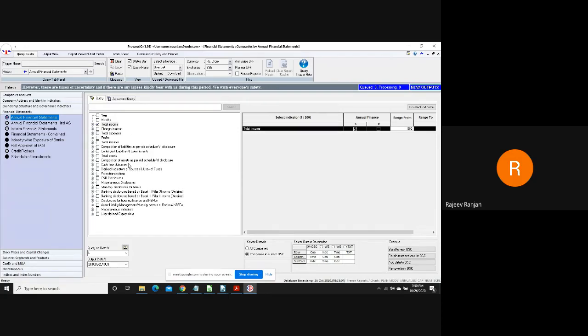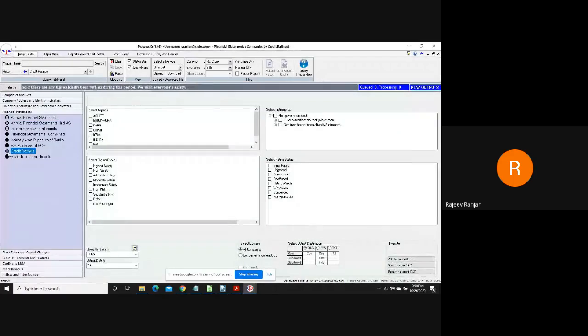But there are a few outputs which do not come in the output sheet, and those outputs are, for example, credit rating. You would notice that in such cases, the output sheet of the company will have blank rows, which means the data will not come in the output sheet.